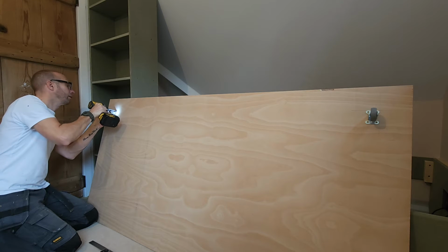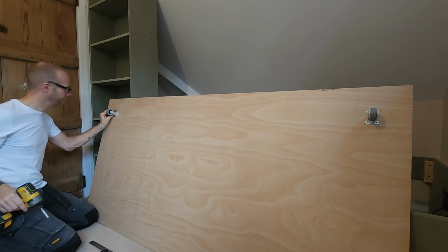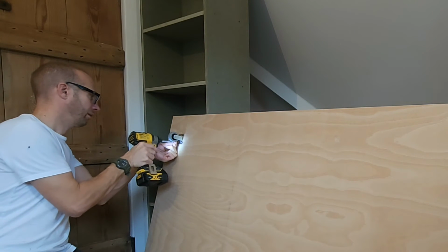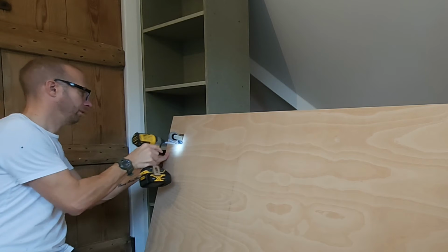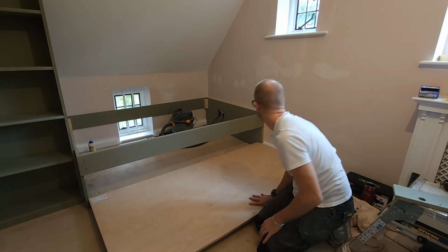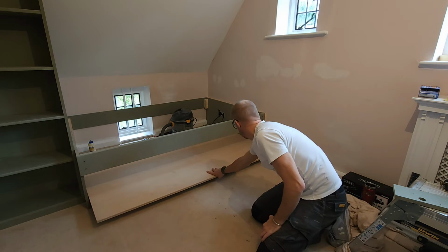Here I'm just putting some casters on the bottom of the trundle bed. And a trundle bed is basically a bed that sits under a bed. So this was something the customer specifically wanted for his daughter. So she's got a bed and then she's got another bed when she's got friends staying over, that kind of thing. So with the base cut to size and the casters on it,